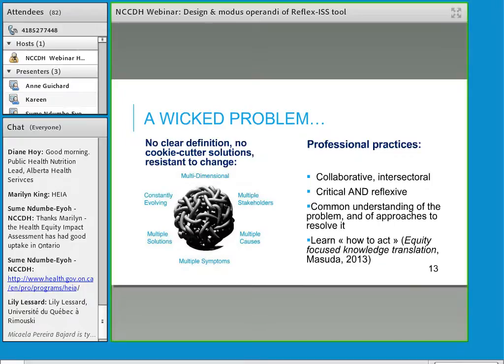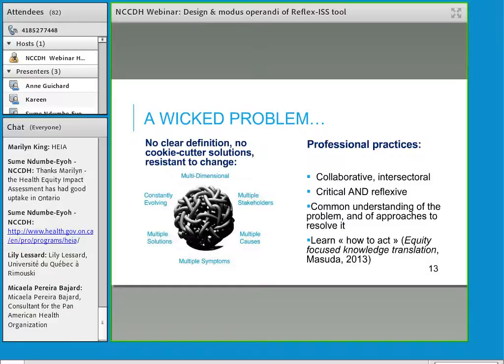Recently, researchers have concentrated less on defining social inequalities in health and more on understanding the challenges in addressing them. One of the reasons is that our approaches are not adapted to the complexities of social inequalities in health. They are not reflective of the fact that social inequalities in health are a WIT problem.